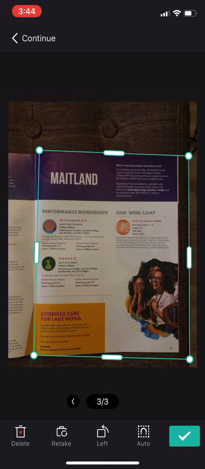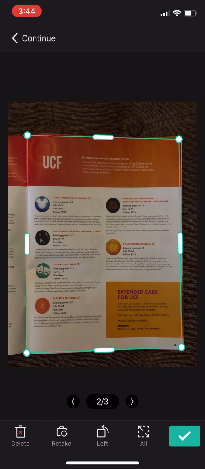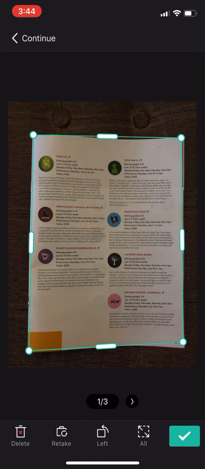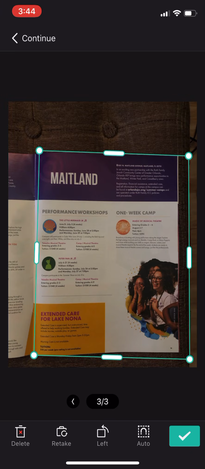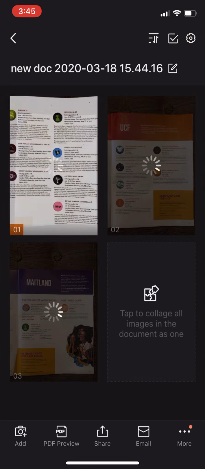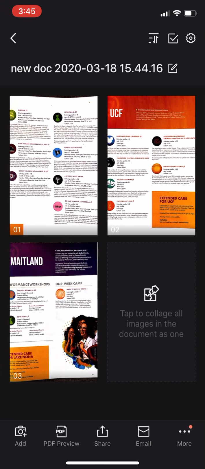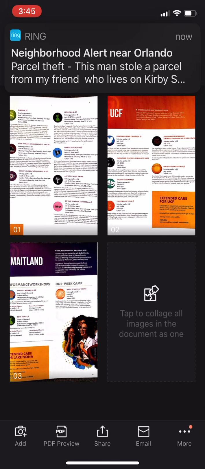At the bottom as well, you can see 3 out of 3. I'm going to hit the little left arrow. There's my second image. It auto-cropped it, did a good job. Looks like it did a good job on that first image. So there's my 3 images that are cropped properly. In the very bottom right-hand corner, I'm going to click the green check mark, and it's converting everything into a PDF document here. So here are my 3 images and my PDF that's going to become what I scan and save.